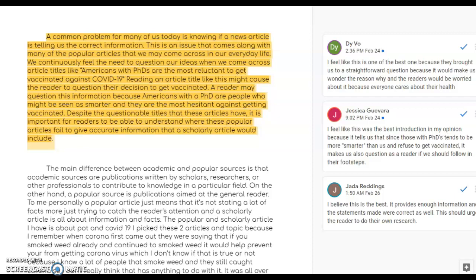Now, all of this is about identifying an issue, right? That we get this article and it might make us change our mind about something. We need to know just how accurate that article is, okay? And it's that level of context that we need to see in our introductions, right? This is ultimately what we need as readers to, A, get drawn in, and B, understand why this is something we want to read about.